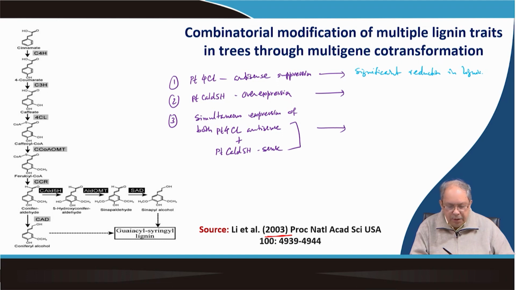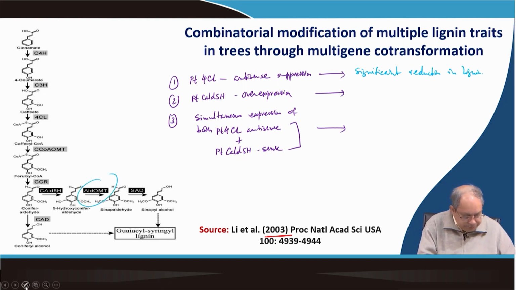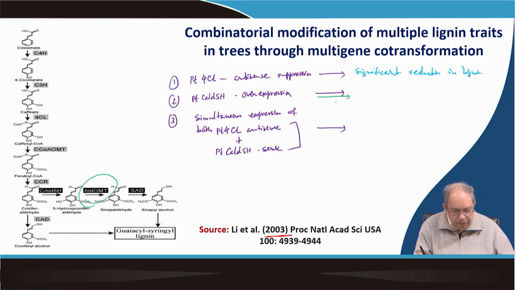And PTCLD over 5 overexpression, what happens, that basically leads to more accumulation of,